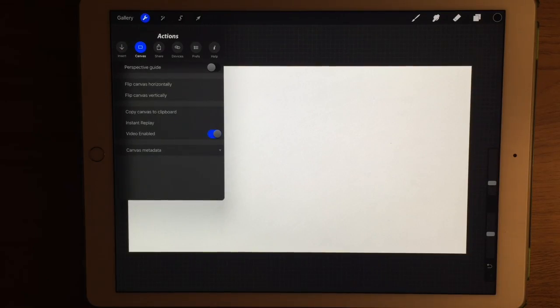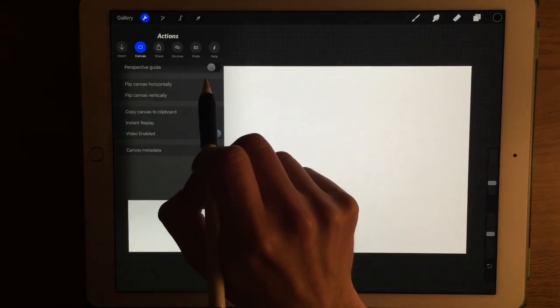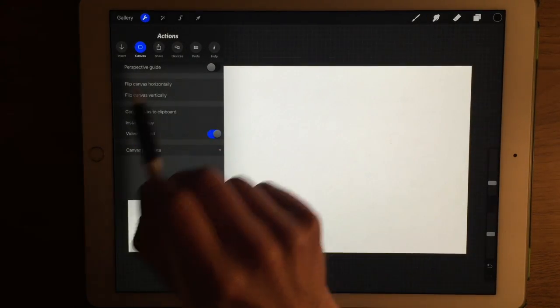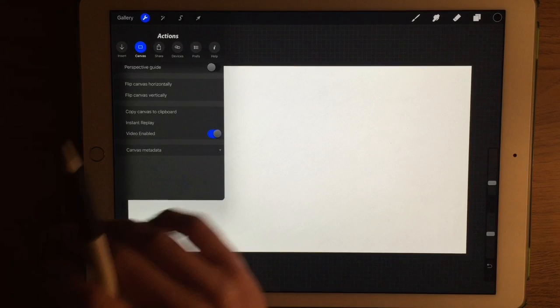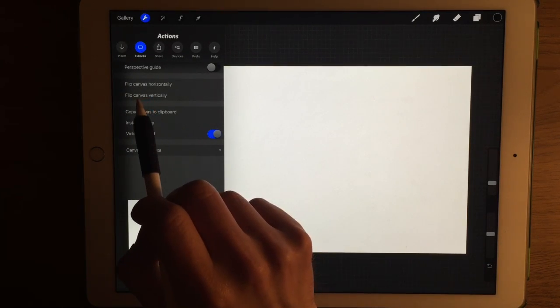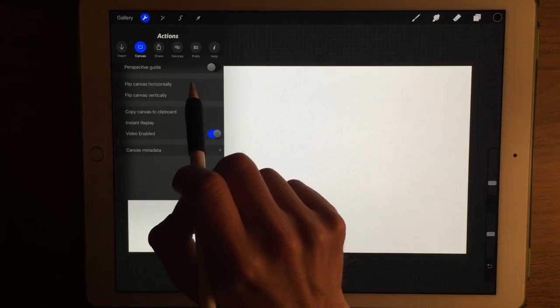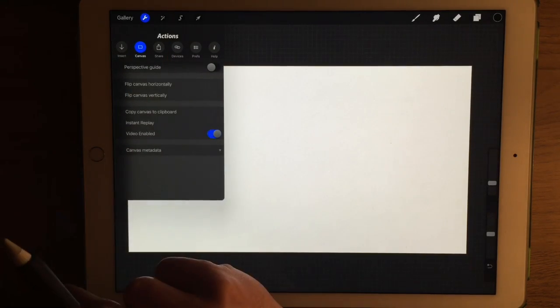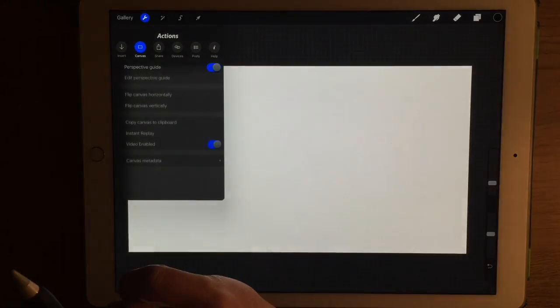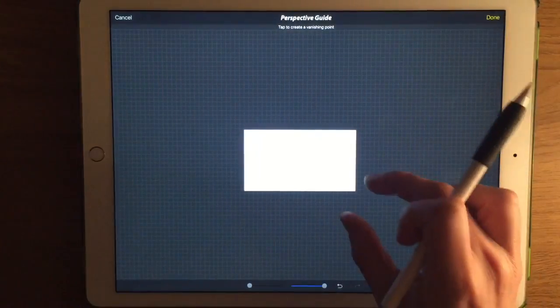Okay, a new addition to Procreate is the perspective guide. Now, I have purchased it. I don't know at what point they are going to make it freely available, but there is early bird access in which you have to pay a pound or two or a couple of dollars to actually get early access to the perspective guide. If I activate it here and then click Edit Perspective Guide,